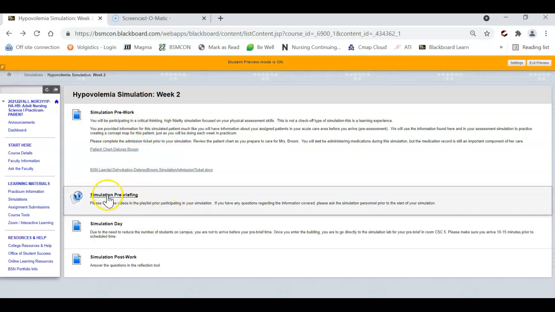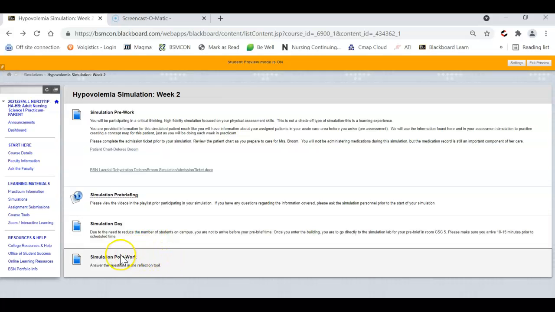Then you need to watch this pre-briefing. It's just going to orient you to the simulation lab. This is something that we used to do in person, but this is to help save time on simulation day so that you have lots of time at the end for questions during debriefing, and in this instance for us to discuss the concept map. So you'll watch this video, which is your simulation pre-brief. You'll come at the time that is on your schedule for your simulation,